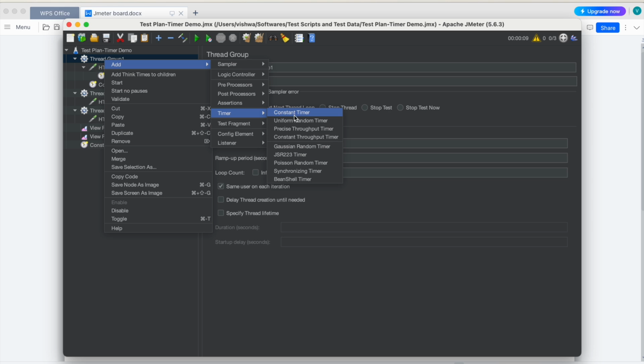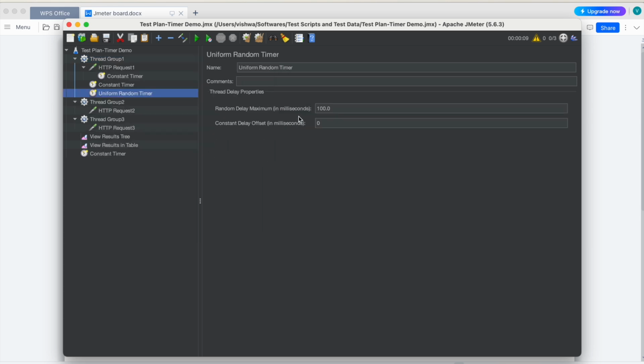These two timers, constant timer and uniform random timer, will be able to handle most of our requirements. So now let me add the uniform random timer. It is asking for a constant delay and random delay maximum,